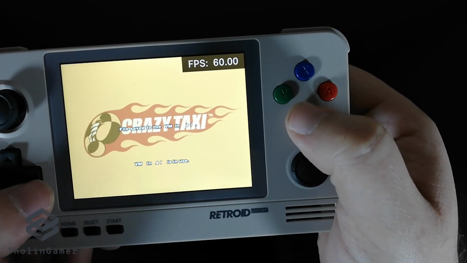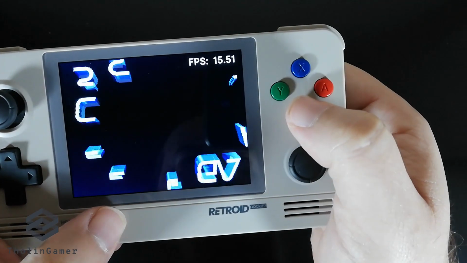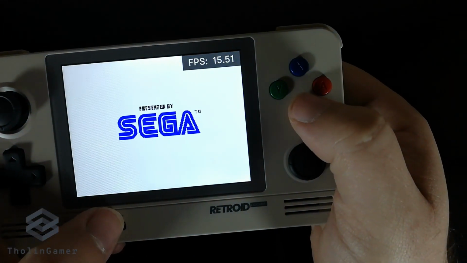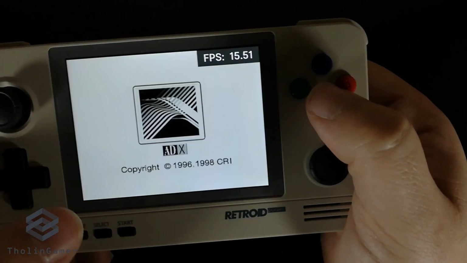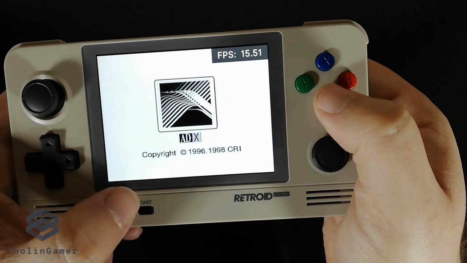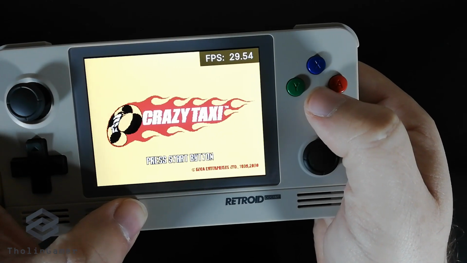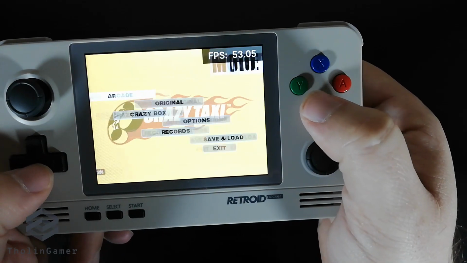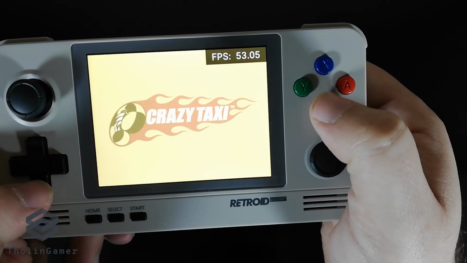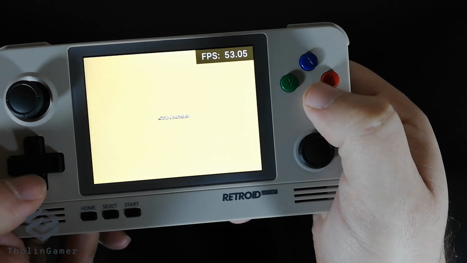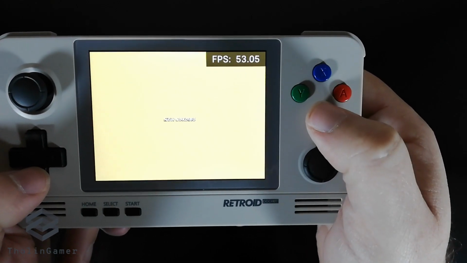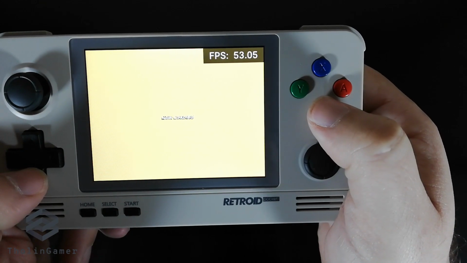As mentioned, most of those games that we are going to play were arcade games that Sega ported to Dreamcast, and it was great that you could have all this arcade experience at home. So as you can see, so far the game plays without any issues. The frames per second are more or less high, and you can also see that during actual gameplay.